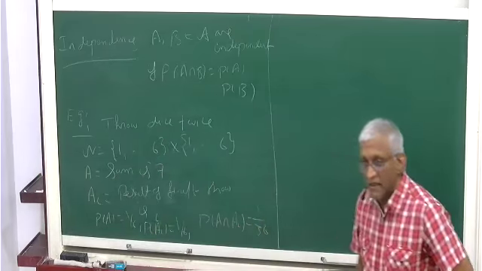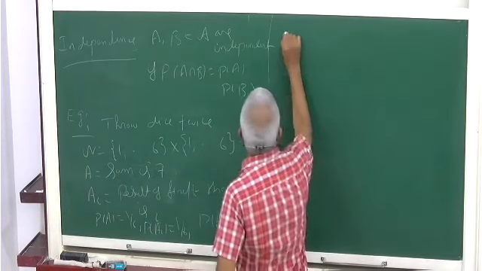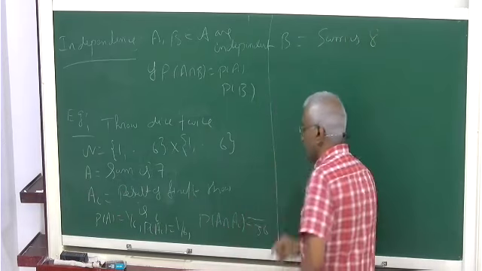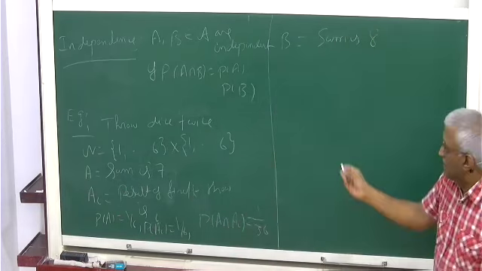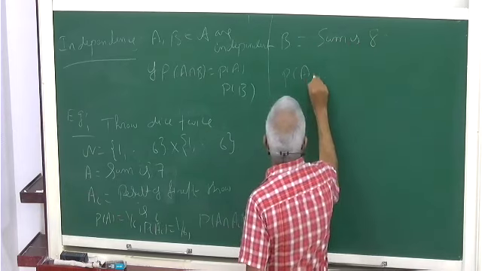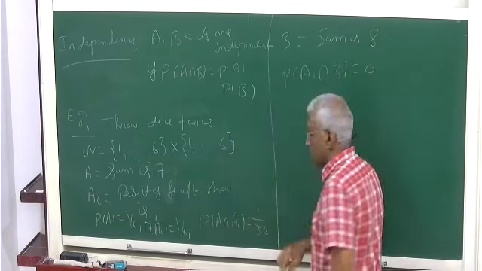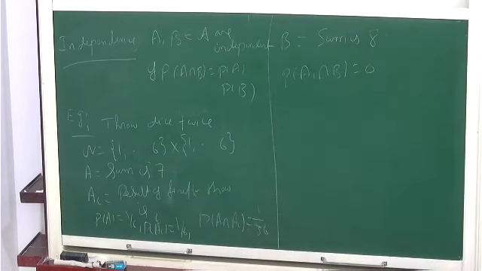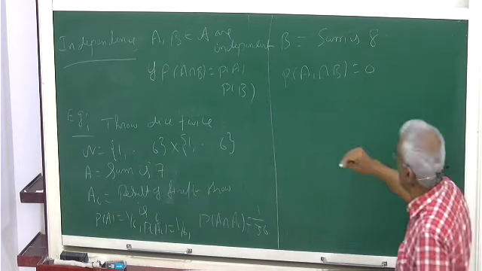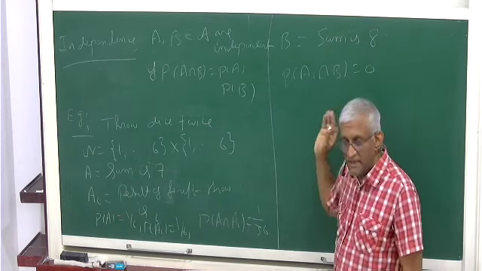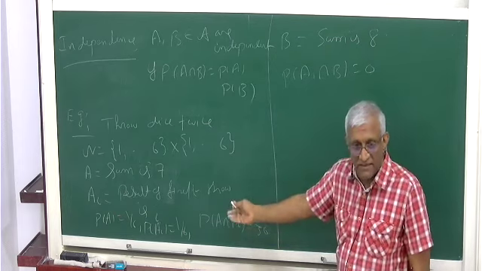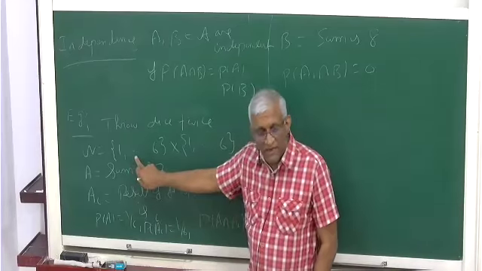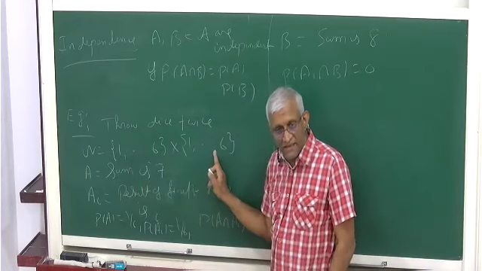Now you take B, B equal to the sum is 8. And just to show you that probability of A_1 intersection B is 0. Even for 9, everything for this is true. For 9, A_1 intersection is 0. On the other hand, P of A_1 is 1 by 6. P of B is some 5 by 36. A intersection A_i means you get some ith point here. There is only one here. It is 1 by 36.